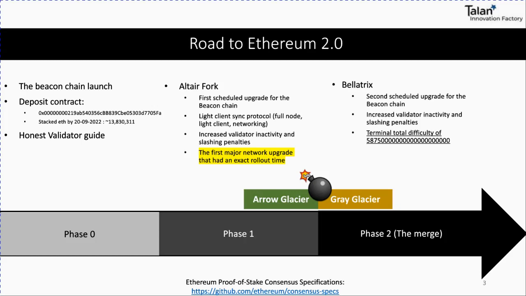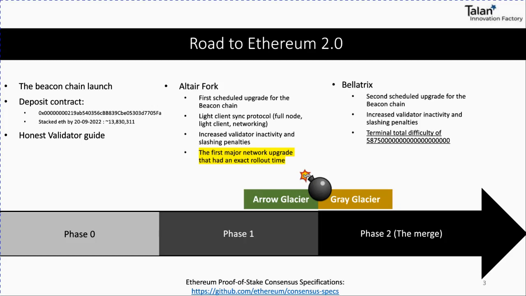The deposit smart contract is just a regular smart contract deployed on Ethereum 1.0, which is the gateway to Ethereum 2.0. The idea was to have a smart contract that accepts deposits from all the interested future validators. They will send 32 Ether if they want to become an active validator, but the smart contract can accept any other value of more than 1 Ether.